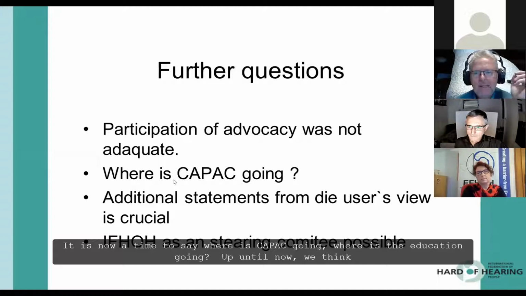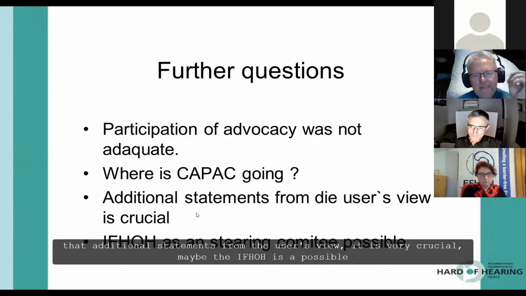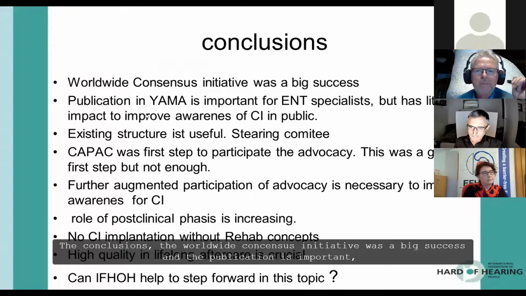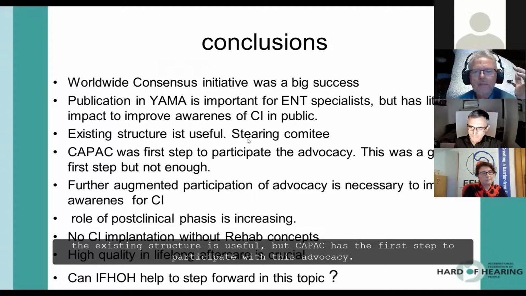Up to now we think that additional statements from the user's view are very crucial, and maybe the IFHOH is possible in the steering committee in this forthgoing way. So what is the conclusion? The worldwide consensus initiative was a big success, and the publication is important. The existing structure is useful, but CAPEC had the first step to participate in advocacy, but now we have